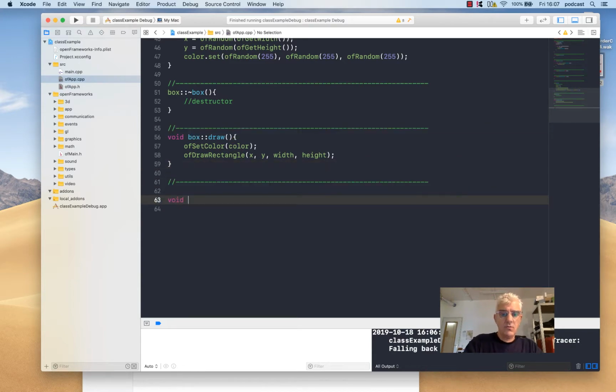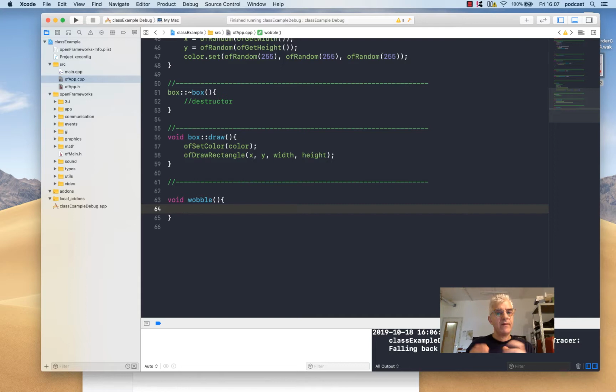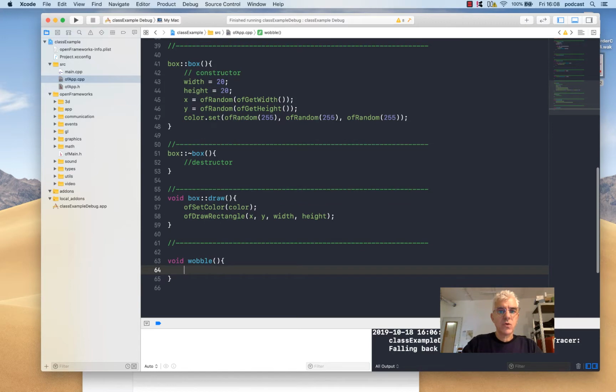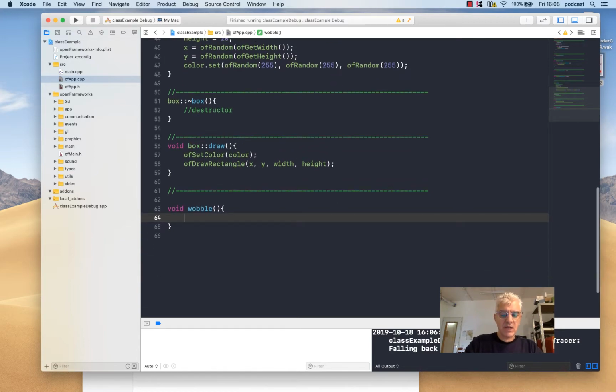I'll say void wobble. And in the wobble, what I'm going to do is find out the location you're at and move a little bit randomly from there. Or no, I think I'm going to change the width and the height so they just sit in one place and wobble. So here I'm going to say x equals